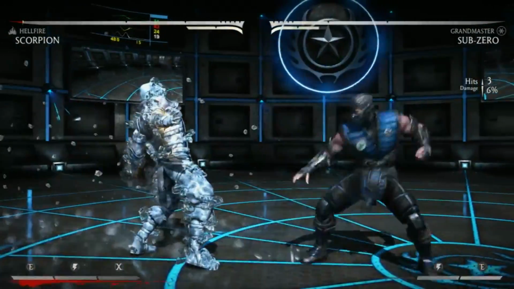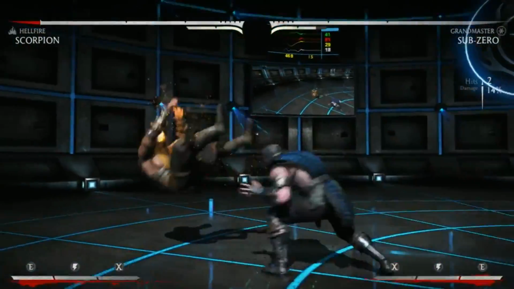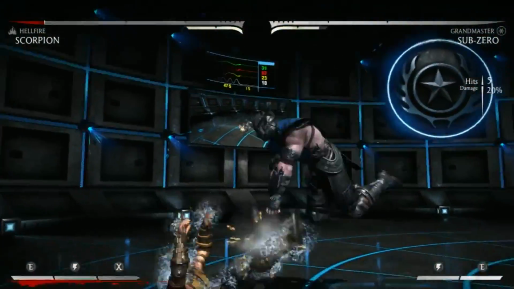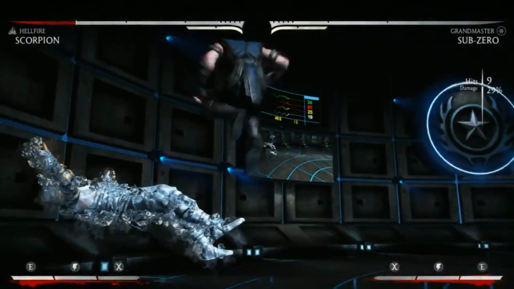Frame data will always be an important element to any fighting game. The fact MKX gives you this data in-game means that all of the crucial information that you need is right at your fingertips. Now that you have more of an understanding on how frame data is best put to use,